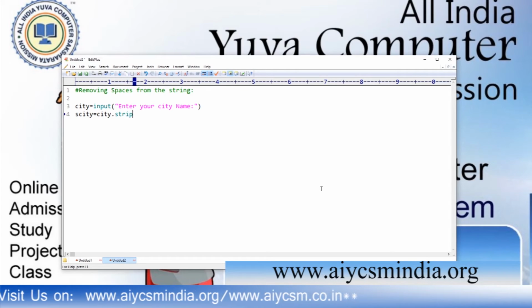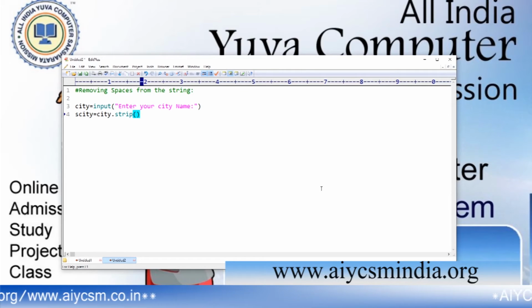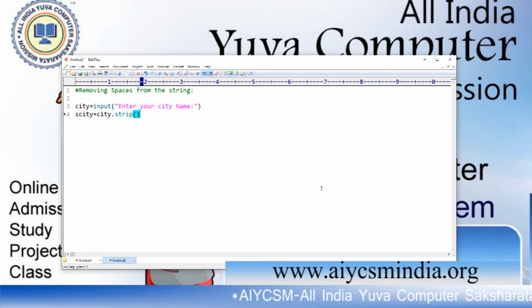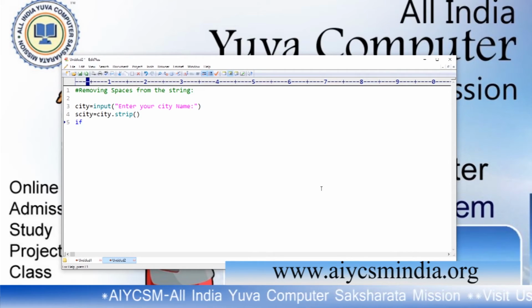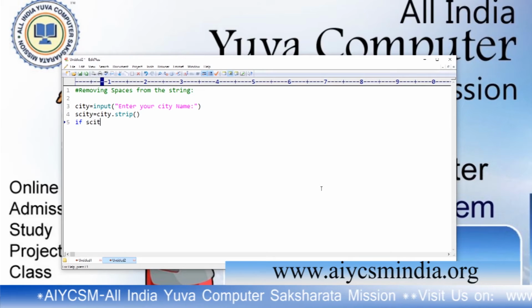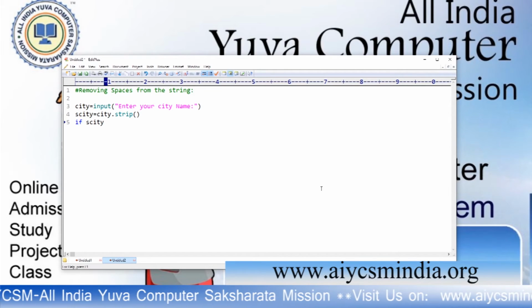That means if you enter space before and after the city name, it will remove the spaces from the beginning and the end and then store it into scity. Now we check with scity. If scity double equals